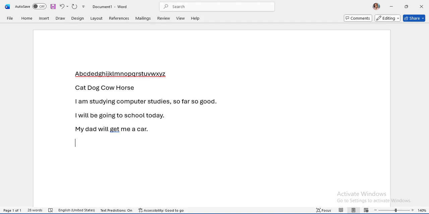That's exactly how you're supposed to key in or type in your document. You can continue to do more practice so that you can be able to familiarize yourself with the typing skills and also moving your cursor.